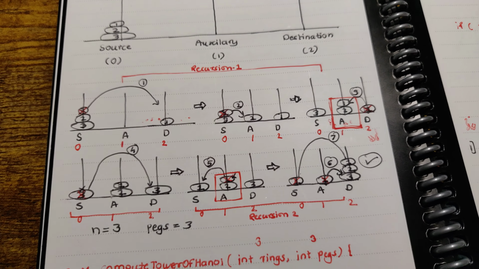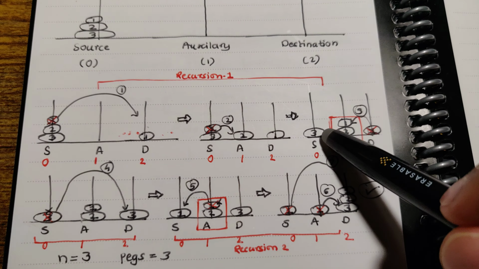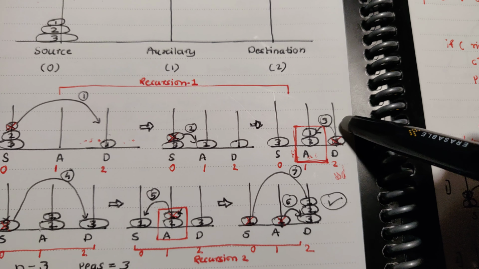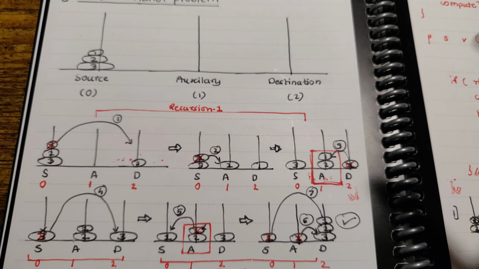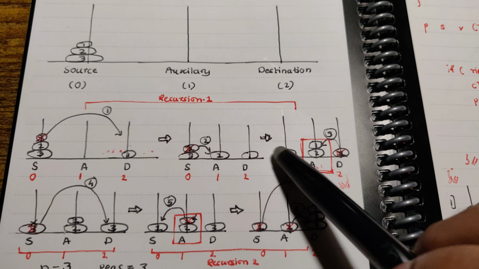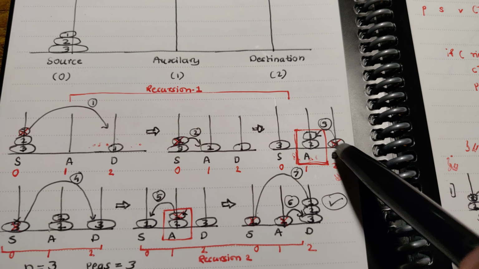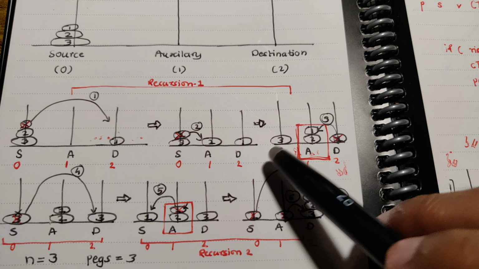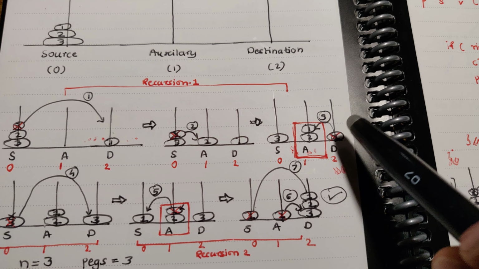So now we have decided how many rings which are on top of the last disk we're going to move to the auxiliary. Eventually we're going to bring it here and then bring it back on top of this one. So our objective is, starting from source, this is our destination now and this is our auxiliary now. So from source we have to go here for the first two,